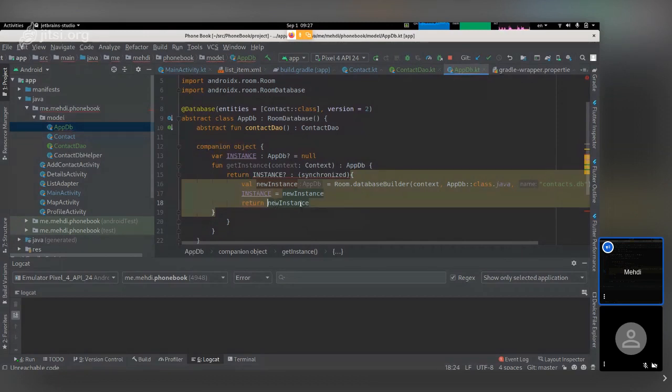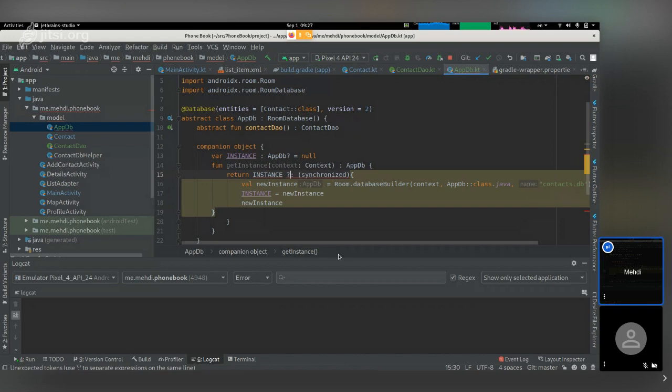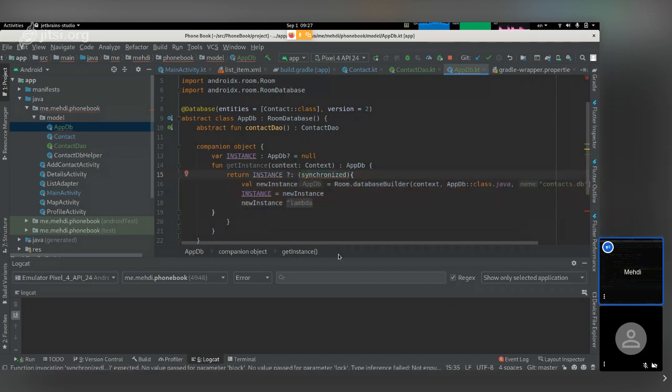Val instance, synchronized, we create the new instance, we return it. If it's not null, return the left side. If it's null, then